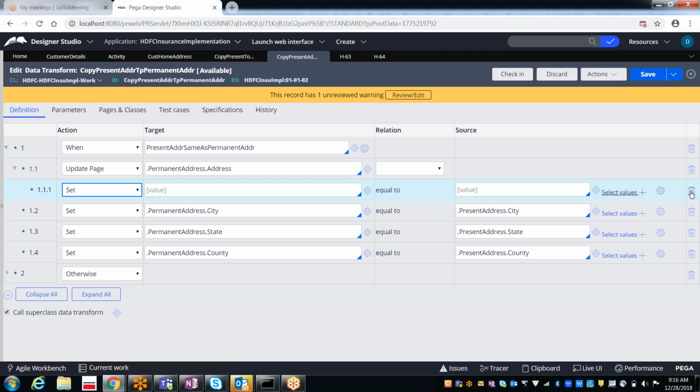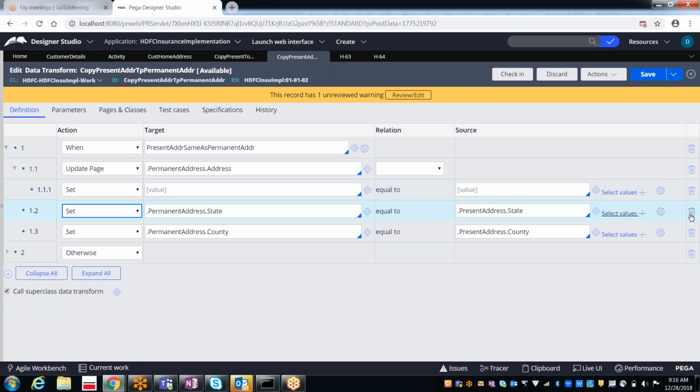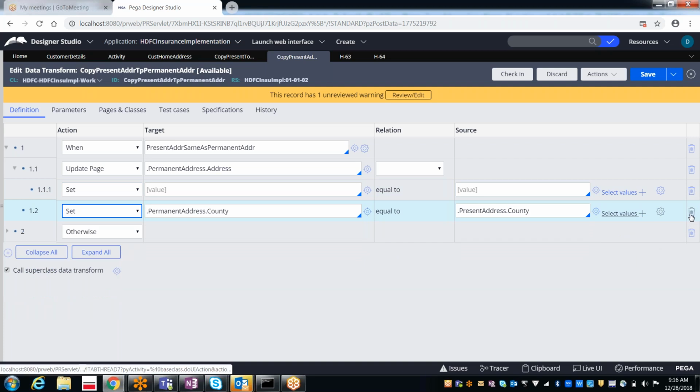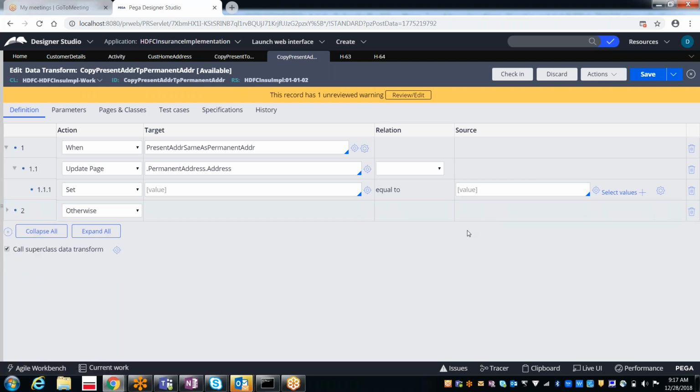Because I want to perform the same thing through the page copy kind of thing. Okay, so update the page.